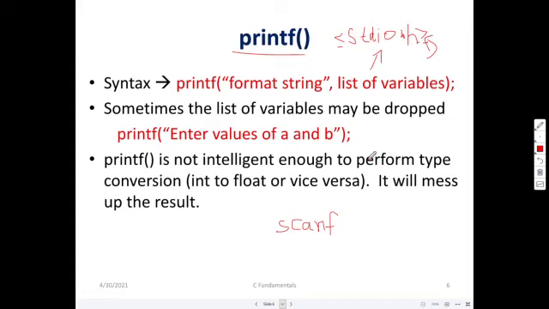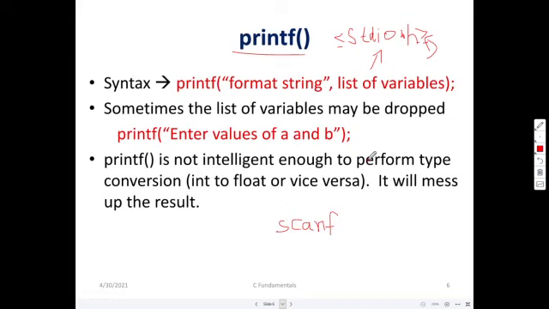Whenever a compiler is ordered to compile a program, it will straight away search for the keyword main. Main is a keyword, right? Wherever main is there, from there it starts compiling, right? So before this, there is something called a pre-processor directive. Hash include is one pre-processor directive.